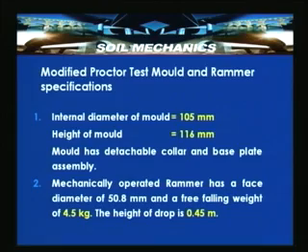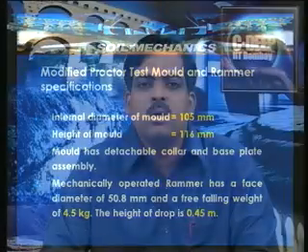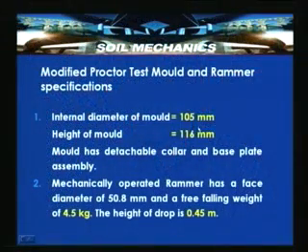So, let us look into the details about the modified Proctor compaction test. It is similar to the Proctor compaction test. It is done in the same mold, but more energy is applied to the soil mass, so that the air in the voids can be shunted out to produce more dry density at less water content. The internal diameter of the mold is 105 mm,